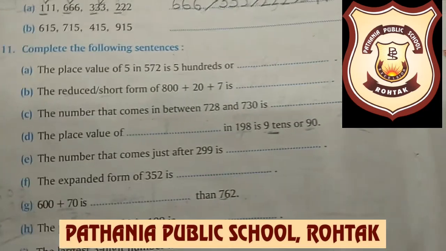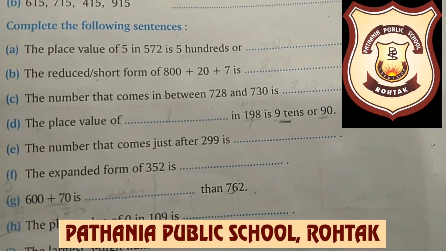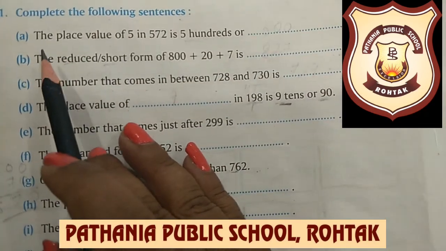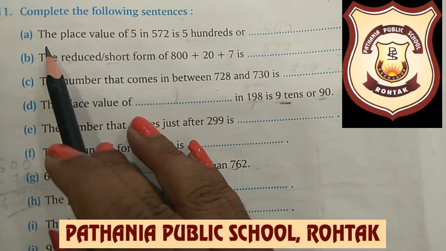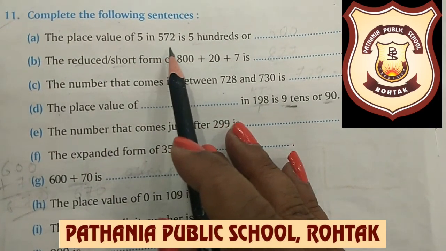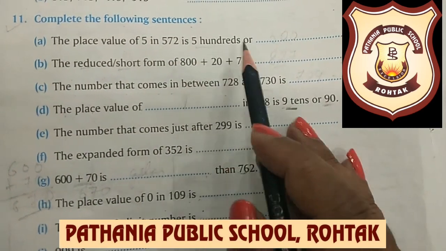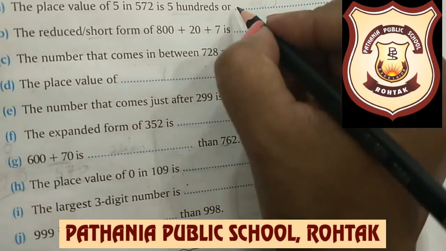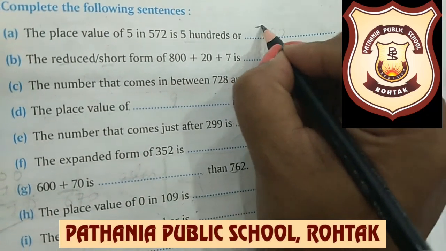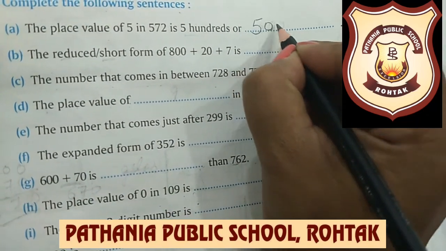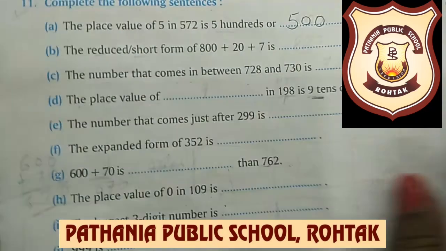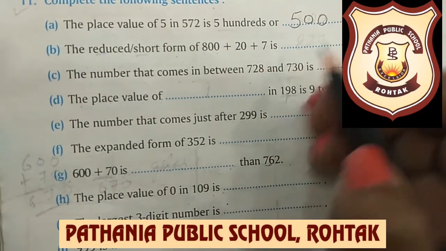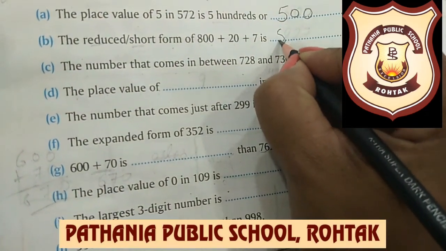Now beta, our 11th question is to complete the following sentences. The first sentence is saying the place value of 5 in 572 is 500s, which means it is asking by which method we can write it. So 500s can be written in numbers like this: 500. Now in the second, the reduced or short form of 800 plus 20 plus 7 will be